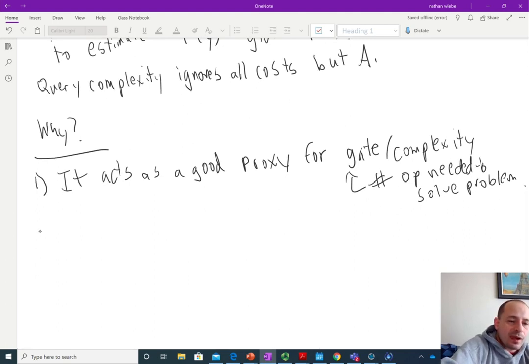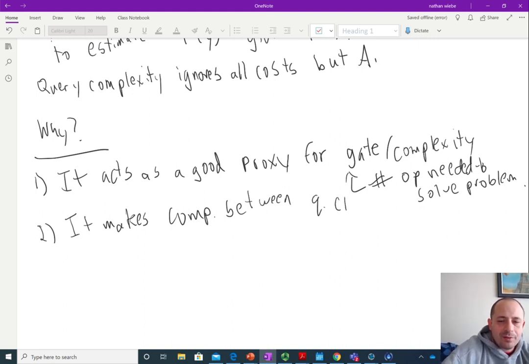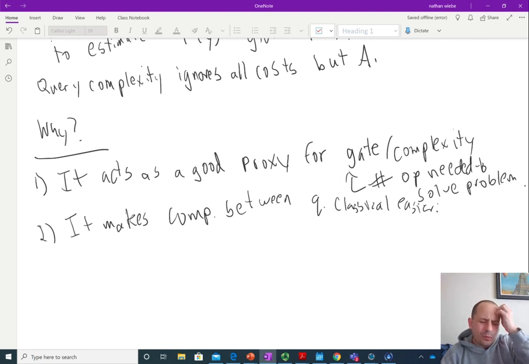Now, the second reason is it makes comparisons between quantum and classical easier. The reason I say that is that if you're looking at an arbitrary sequence of gates, there are many different ways that we could end up constructing a sequence of quantum gates in order to implement some particular classical algorithm. And so that makes it very difficult for us to reason about what the right analog is between these. And in the query complexity setting, all that we need to do is